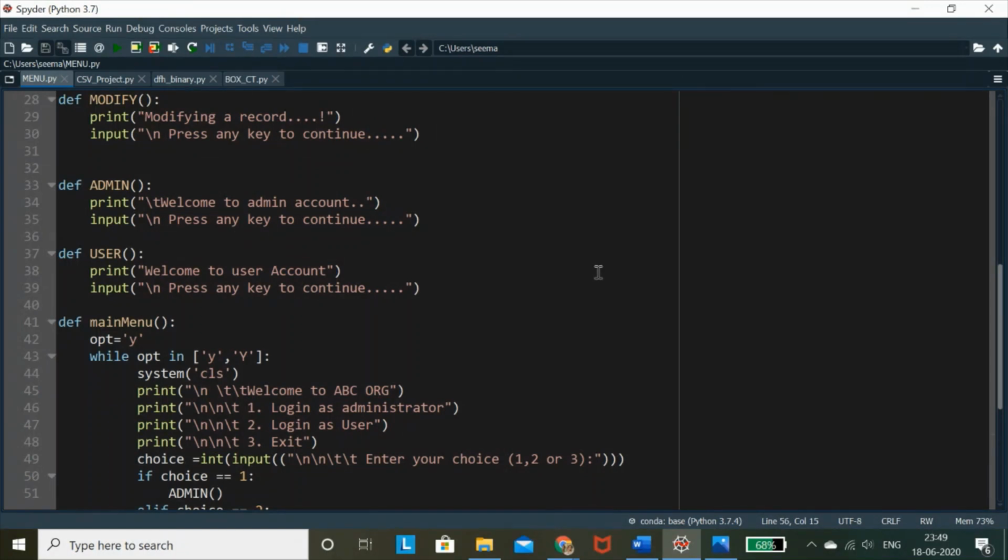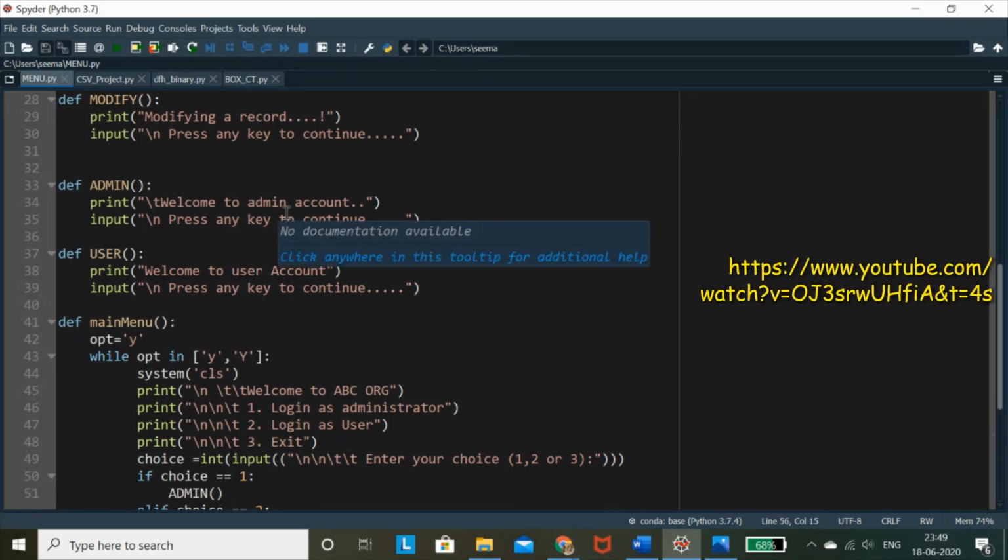I do not want each and every person to use all the applications within the software provided. So for that, I may create different login accounts. Just for an example, I have created two accounts over here. One is the admin and one is the user, which can be controlled with the help of passwords. We can give the user the choice whether to log in as an admin or as a user, and password authenticity can be added to it.